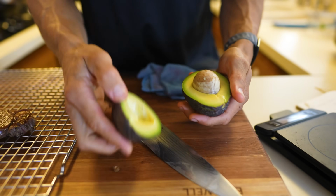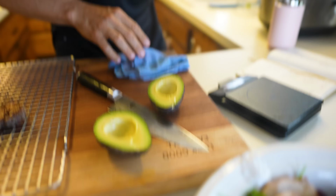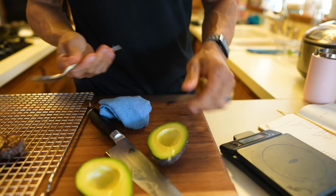Open this up, take out the seed, the pit. My kids love to say, "Does it have a pit? Does it have a pit?" Every time we eat something that looks like it might have a pit in it. And then from here,